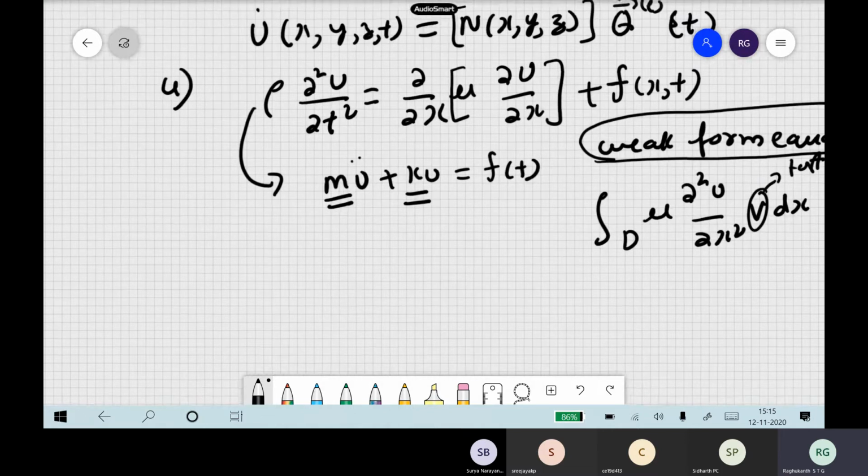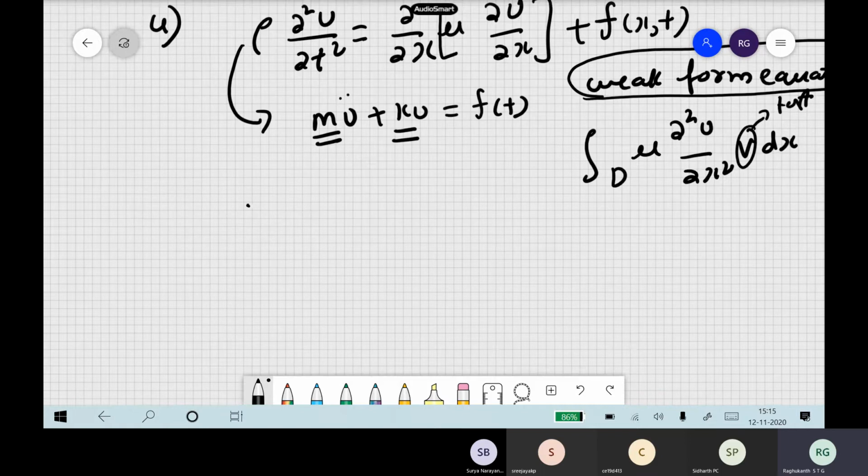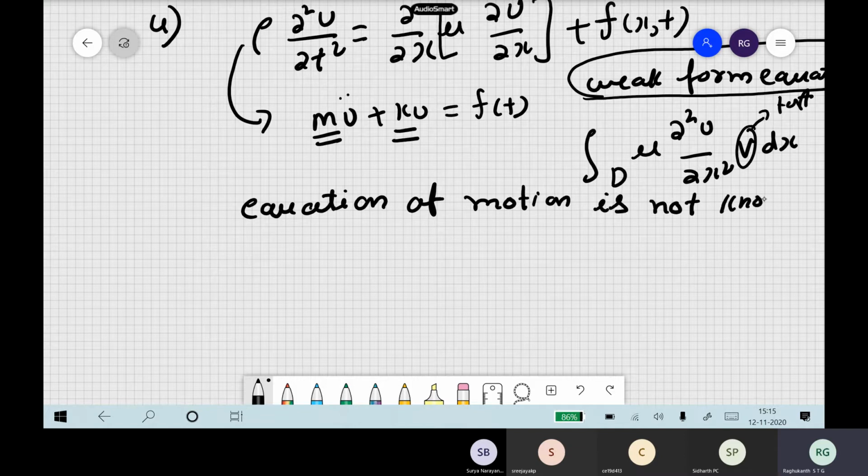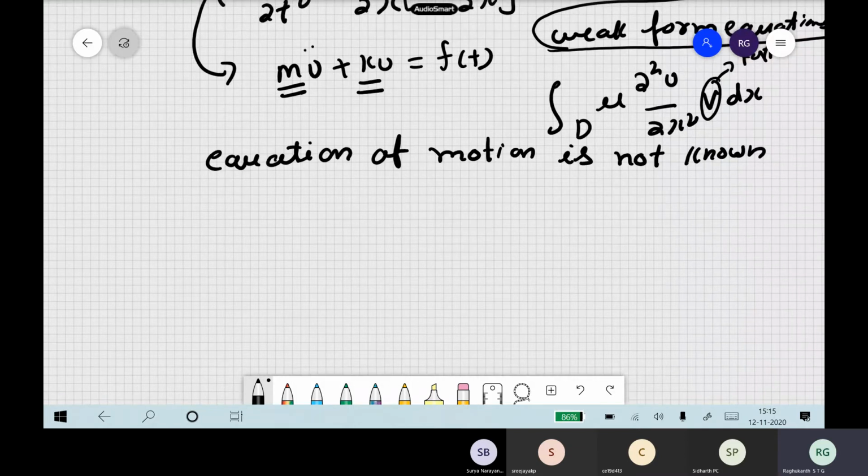So here to estimate our stiffness matrix and mass matrix, you have to use these weak form equations. Sometimes in most of the problems, like wave equations, we already know the equation of motion, so we directly did this. But there may be some problems where the equation of equilibrium or equation of motion itself is not known. So how do you calculate? If I know the equation of motion, I can formulate it in terms of weak form, and then I can derive all the matrices, the mass matrix and other terms.